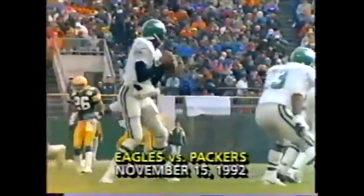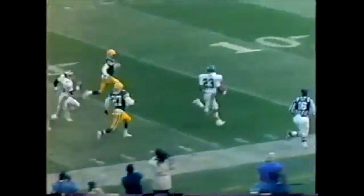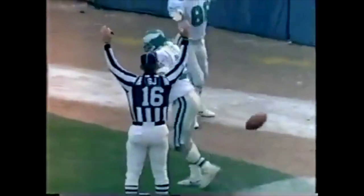After giving way to Jim McMahon for 6 quarters, Cunningham returned to his accustomed starting role against the Green Bay Packers. With help from Heath Sherman, he brought the Eagles back from an 11-point second-half deficit. Sherman at the 30, at the 25, 20, at the 15, 10, 5. Heath Sherman, touchdown! In the fourth quarter, an important road